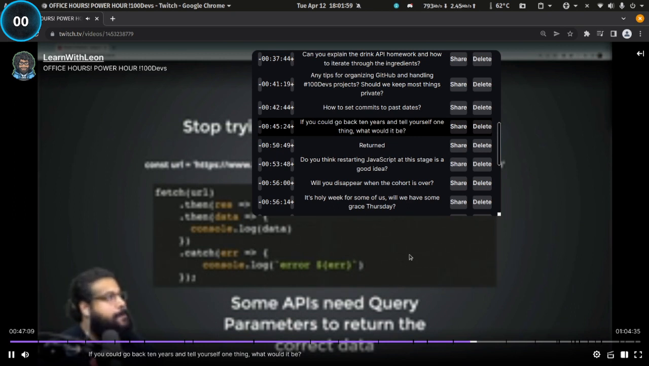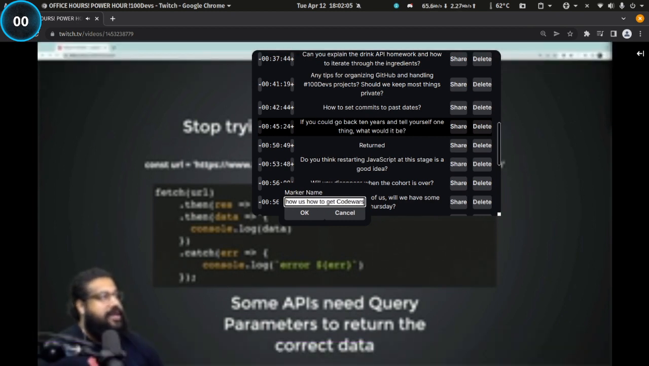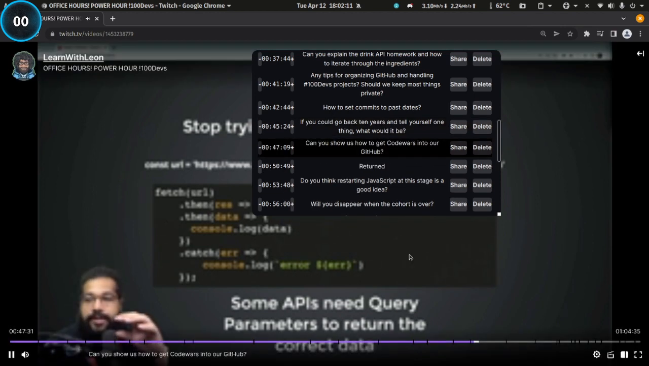Can you please show us how to get Codewars into our GitHub since we are doing it daily? So I believe on Discord because I love it. Instead of buying it, you would have a ton of money. I'm not a lawyer. Cool. All right. Please show